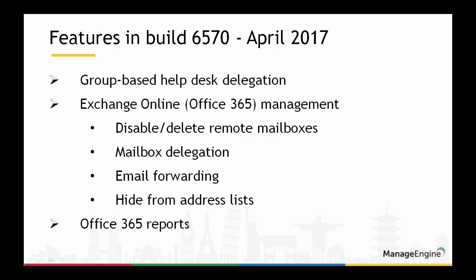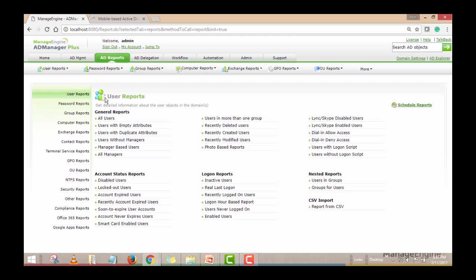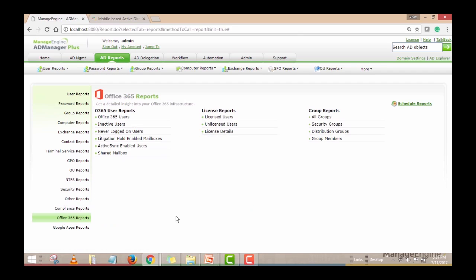So again, as we get more requirements from users, we have added some new reports to the application as well. To access the new reports, you go to the reporting tab, and then you have a dedicated section for Office 365 right here. You go to Office 365 reports, and there you go. So the basic reports where you get to know all the Office 365 users, the list of Office 365 users